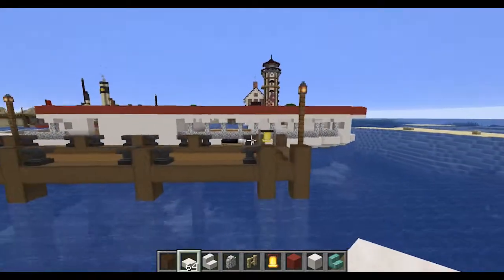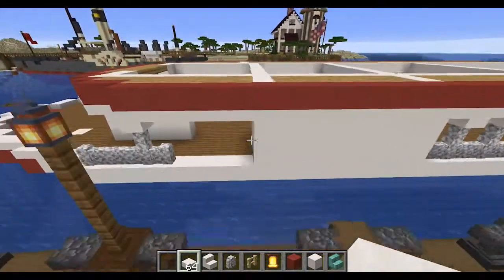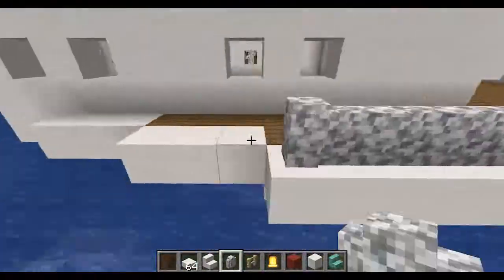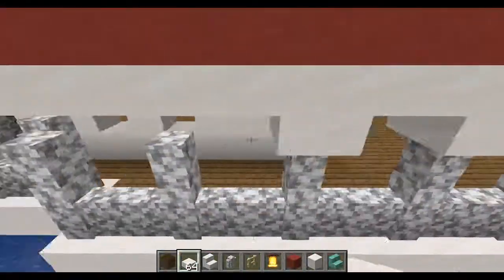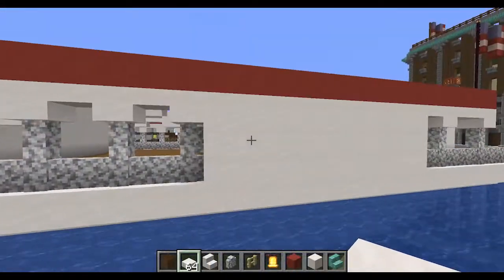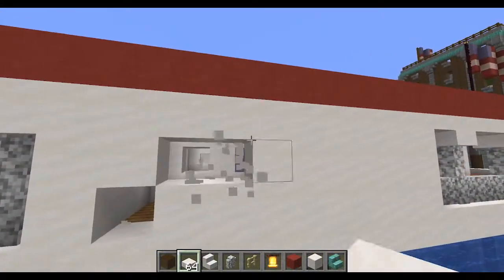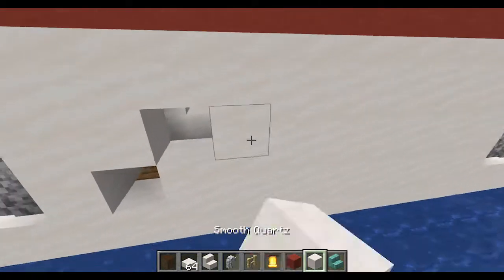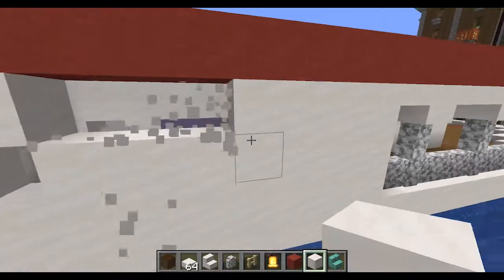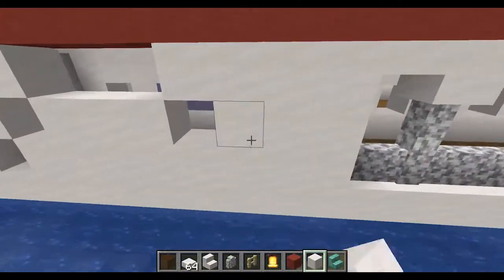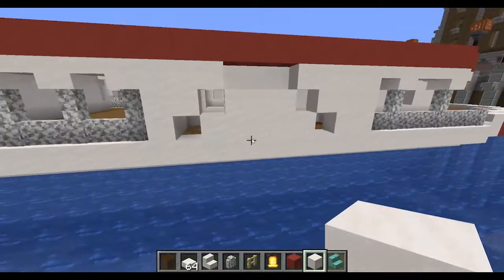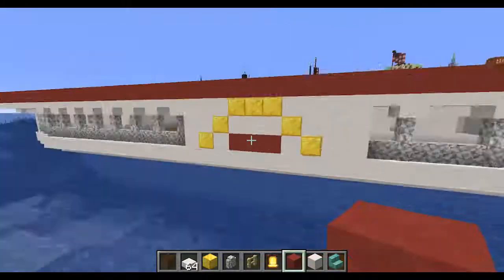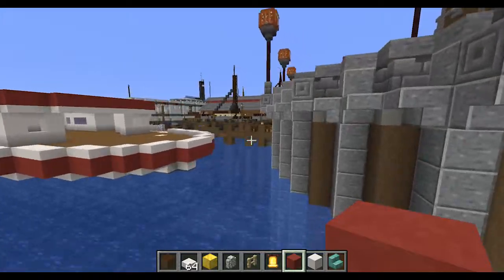Alright, that looks pretty good. It's kind of like an arched window effect. So we'll do that for the entire first story. Alright, now let's go ahead and add in a sweet little logo here. Not really sure what I'm gonna make it look like. Usually just try to make it look like a sunrise or something like that, something silly. Doesn't have to be too fancy, but you know, get creative with it.